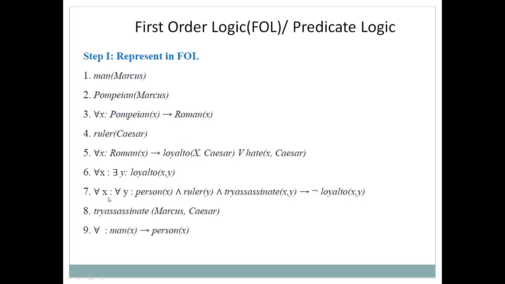Then statement number 7, here we are making use of a universal quantifier, so we have to remove it, and we also need to remove this implication sign. Negation is applied to the whole term, because whatever term is present on the left hand side of the implication, we need to apply negation, because our formula is very simple: A implies B is replaced by negation of A or B. That means we apply negation to the left hand side, replace this implication sign by or, and the right hand side term will remain as it is.